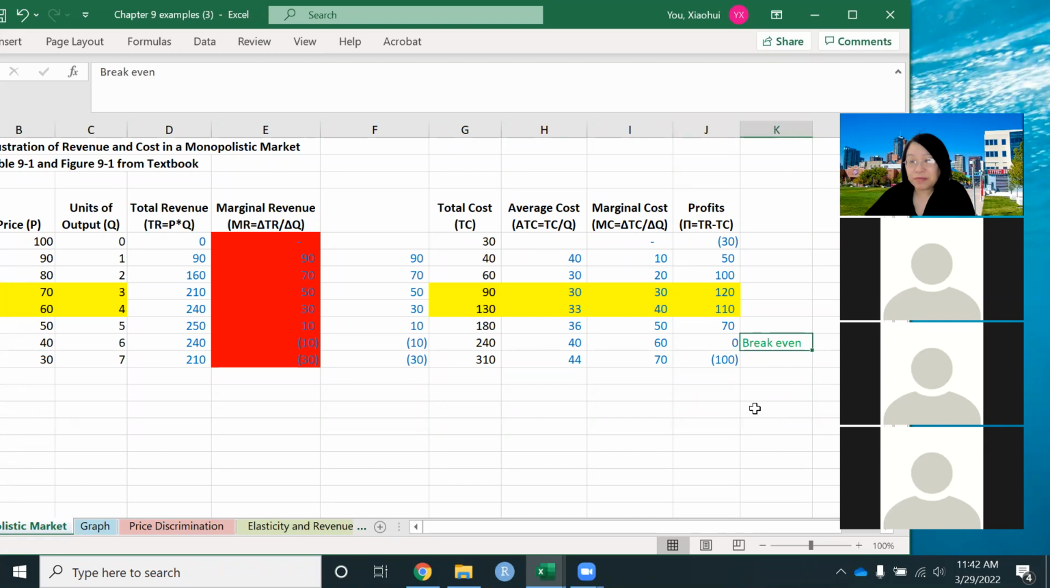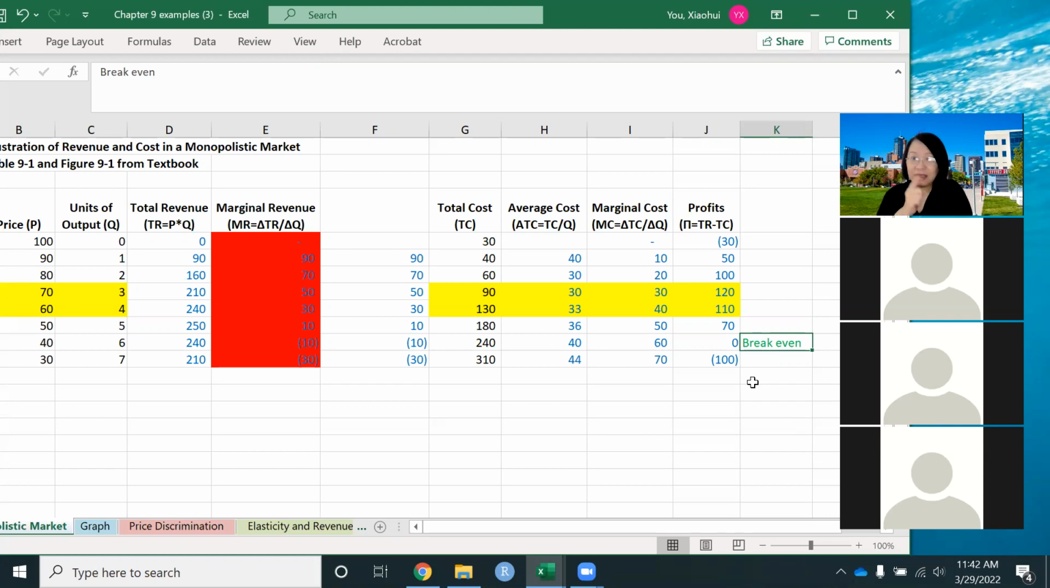I specifically mark it down, 0. No, 0. That's break even. When profit is equal to 0, TR equals TC. So break even. Why do I mark down the break even? Because